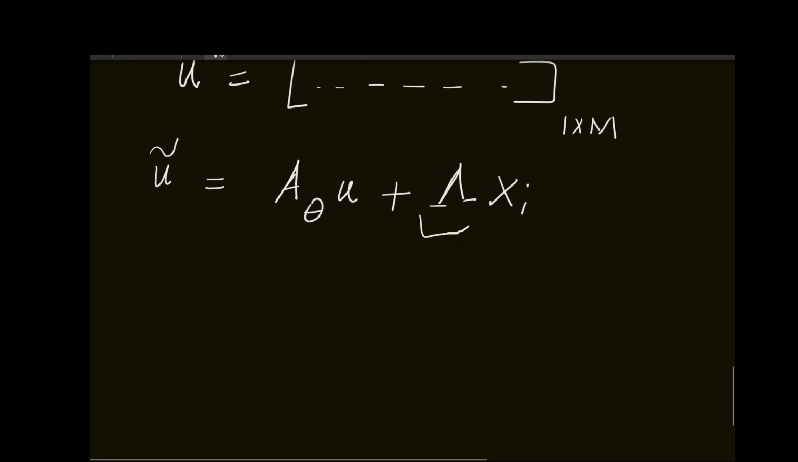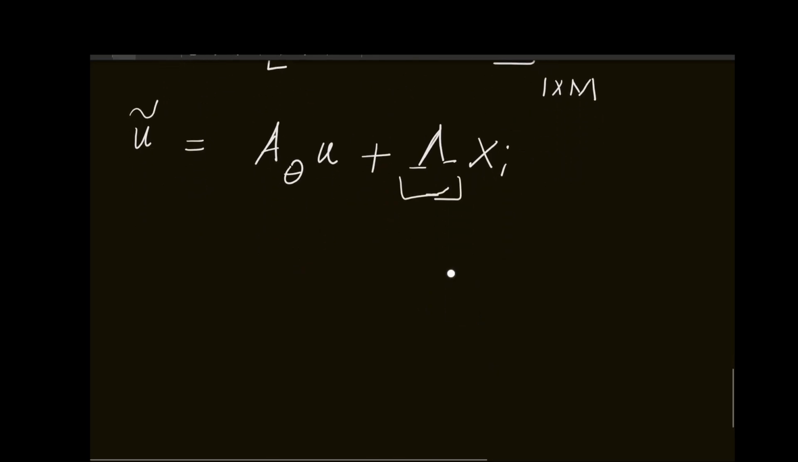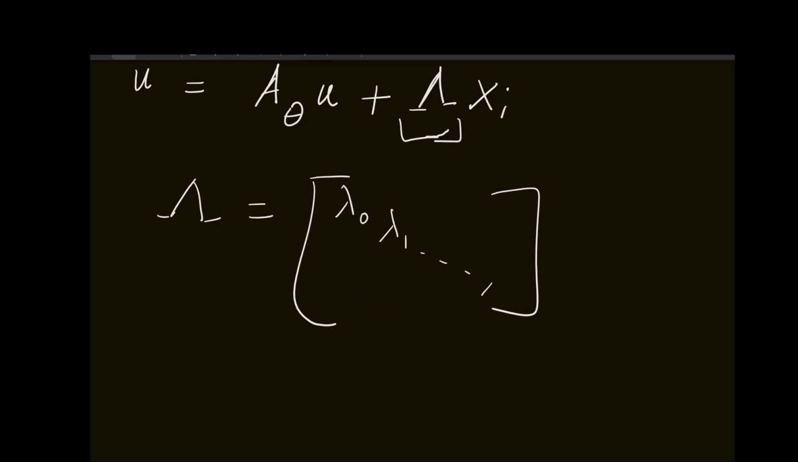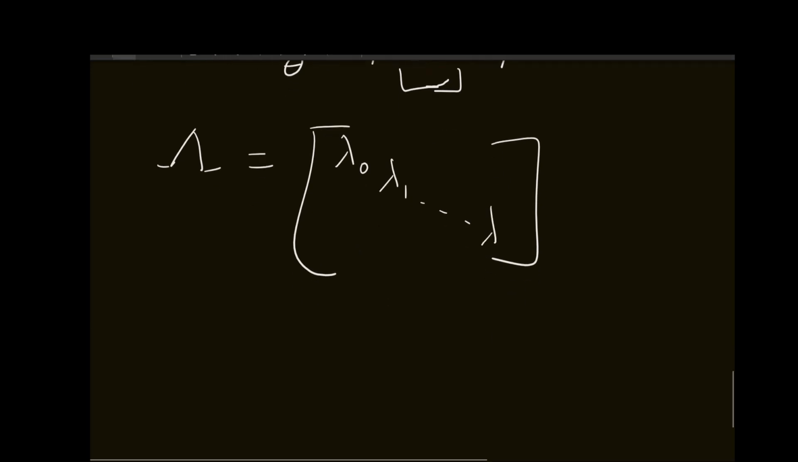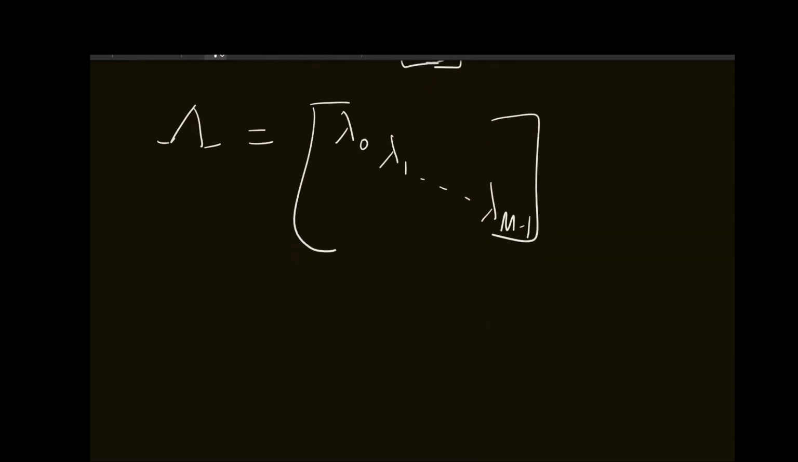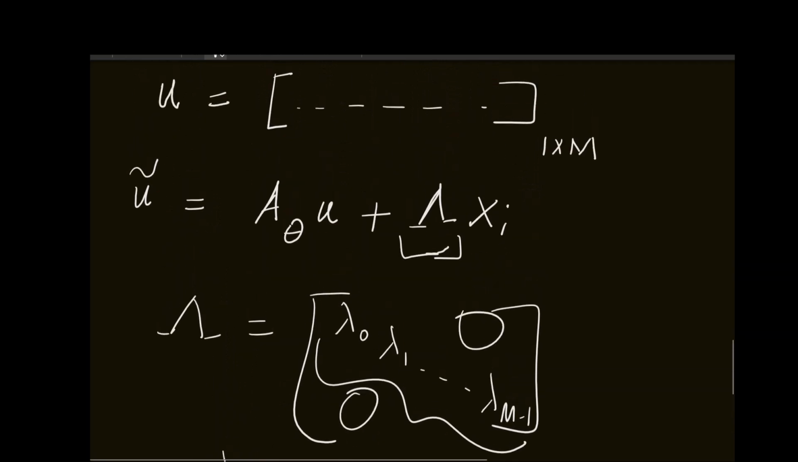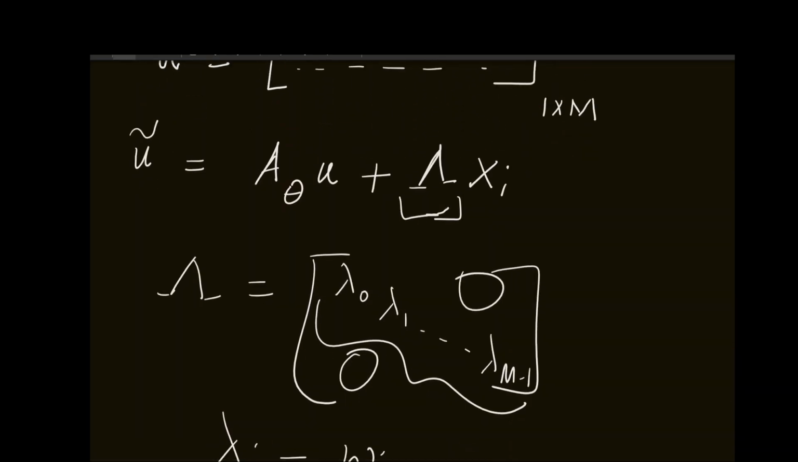So lambda is a diagonal matrix, and in our case, it looks like this: lambda 0, lambda 1, all the way to lambda n minus 1. Each of these is, in our case, lambda sub i equals w_i, the feature importance value, and the rest are zeros. So this is a diagonal matrix. And then A sub theta is a rotation matrix